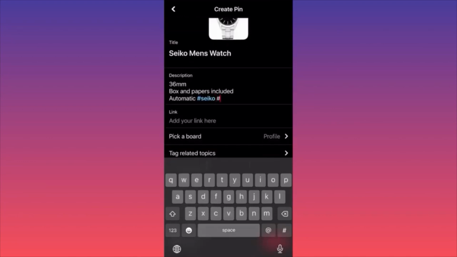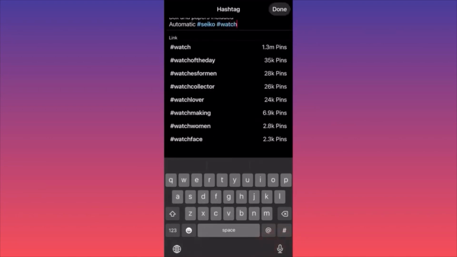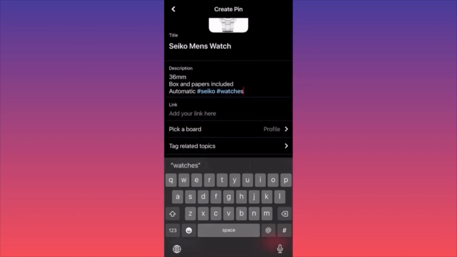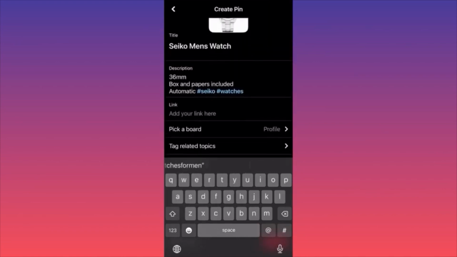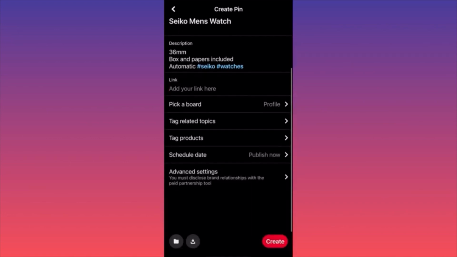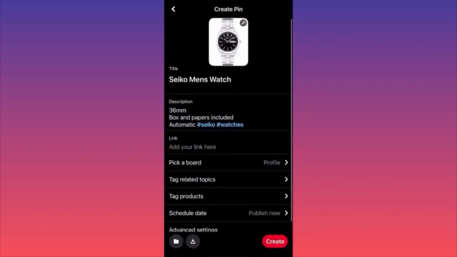In our case, we have Seiko and we have watches. And I saw an additional hashtag that looks very good: watches for men, right? Because there could be a bunch of watches out there. Last thing is, you want to copy and paste the link from the actual website or hosting agent you're using. Copy and paste the link over here, and hopefully you're going to get much more sales.